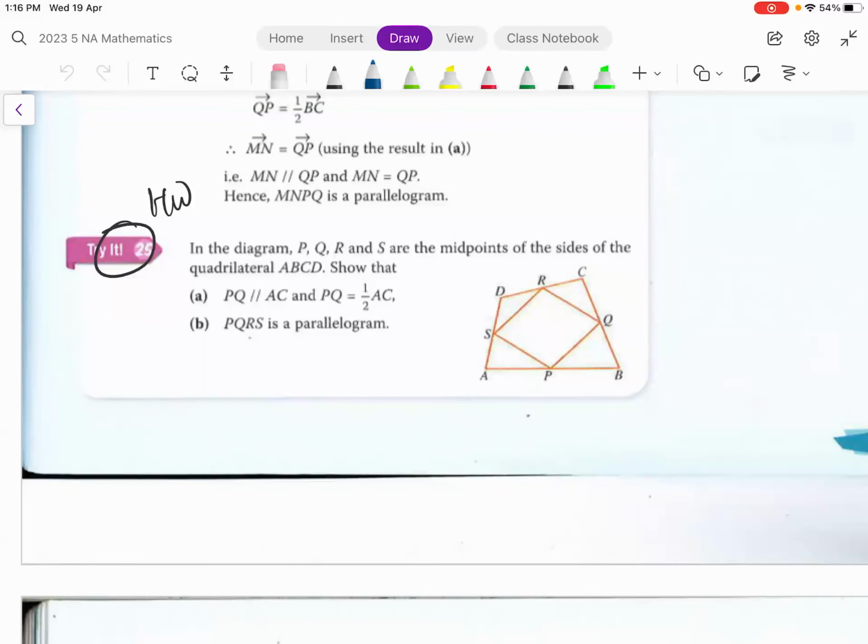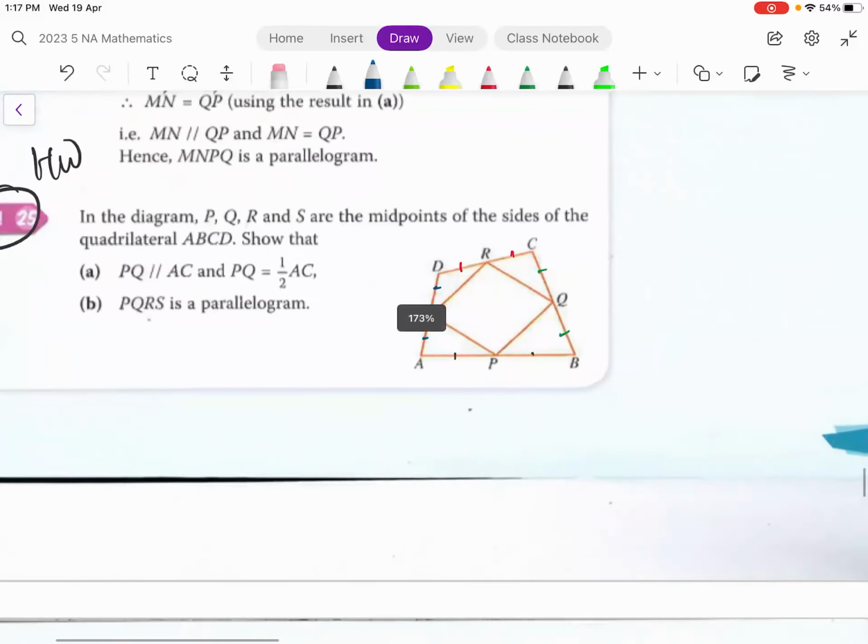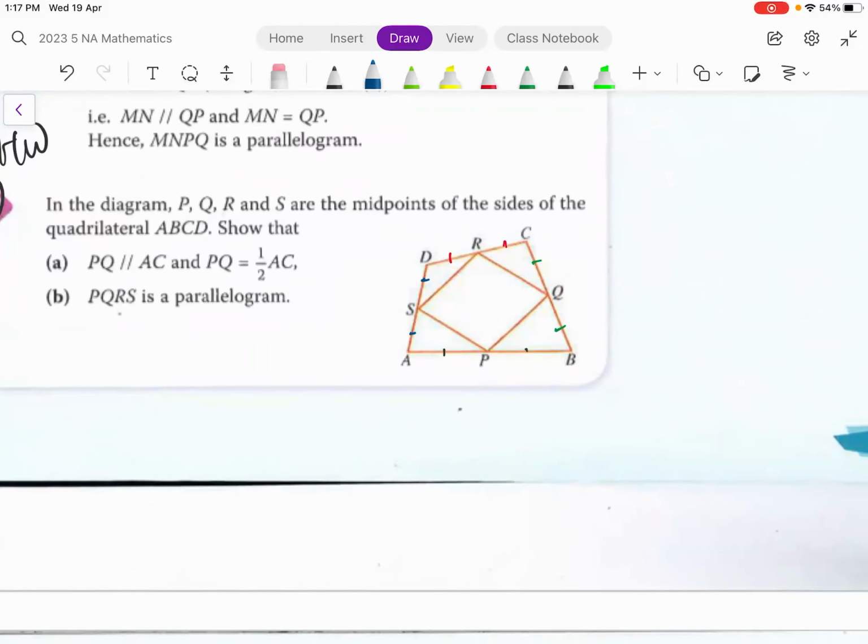Okay, so here P, Q, R, S are the midpoints of the sides. So you can just make some indication to help yourself out. Another color, blue color. Show that PQ is parallel to AC. So now, in order to prove that PQ is parallel to AC, we want to be